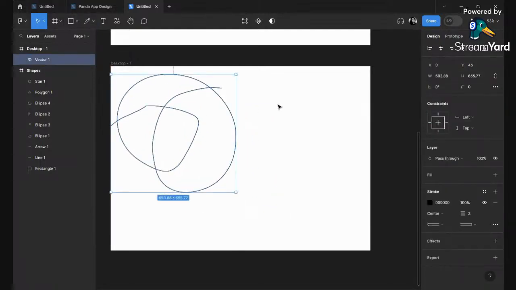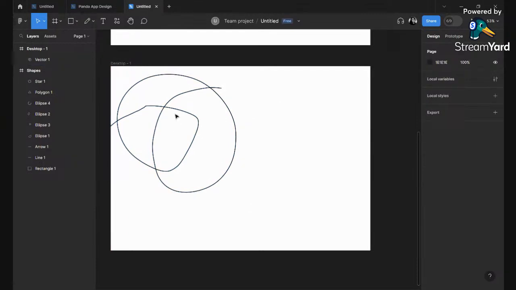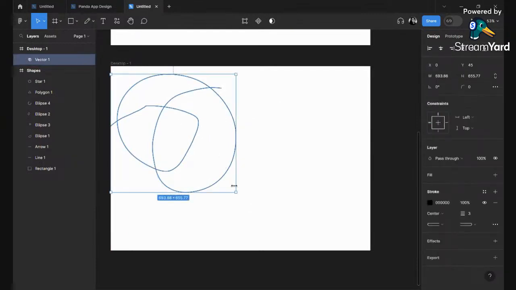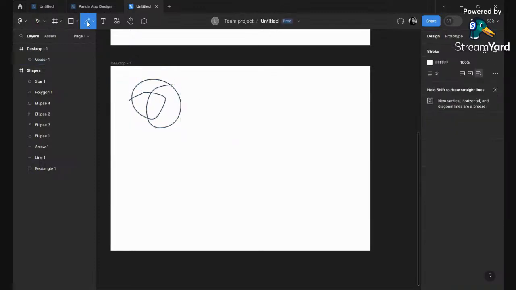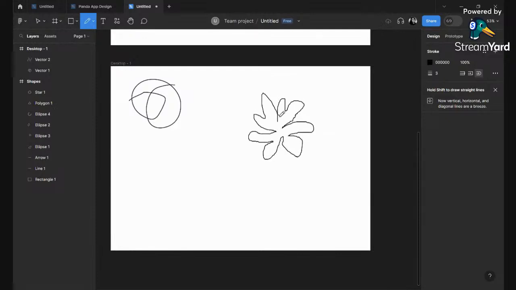Put it here. Fine. Here you can edit your pencil tool options also. Like if I want to create a star or a flower of my own. Okay,